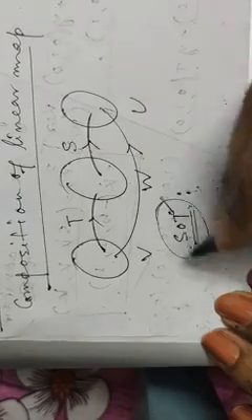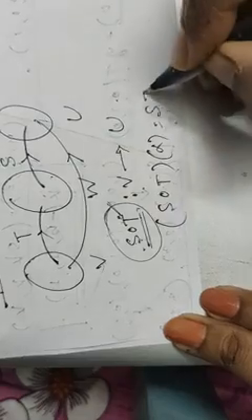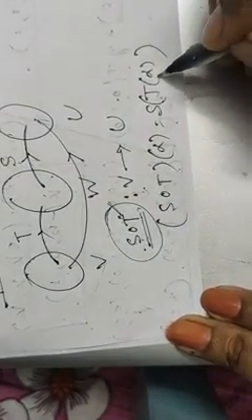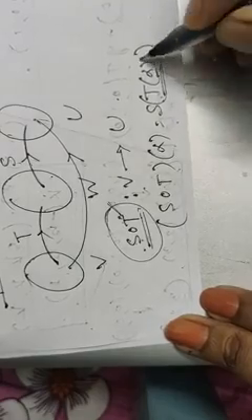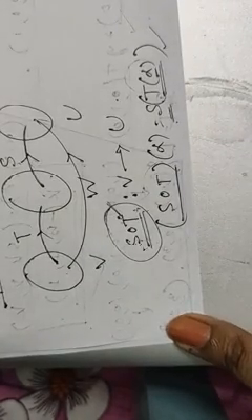So S o T, this mapping will be from V to U, and it is defined like that: S composition T of alpha means S of T of alpha. That is, on alpha, at first we have to apply the linear mapping T, then on that image we need to apply the linear mapping S. Then we will get S composition T. And obviously this will also form a linear mapping, because it is the composition of two linear mappings. This is called the composition of two linear mappings S and T. So this is how we define the composite mapping.